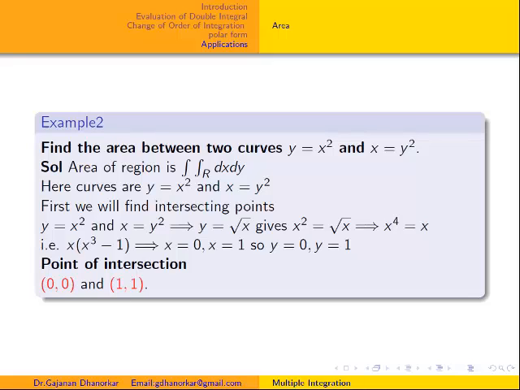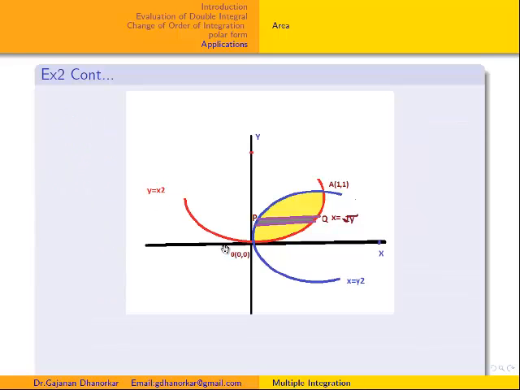First part is over. After this, we have to find out, first of all, the figure. From this figure, we will get the exact area, and how to take limits and how to take a strip. This is our figure. This is our parabola x equal to y square, and this parabola y equal to x square. In curve tracing, we know if there is an even power in x, it is symmetric about the y axis, and an even power in y is symmetric about the x axis. Due to these two parabolas, we get this yellow region. This is our region R.